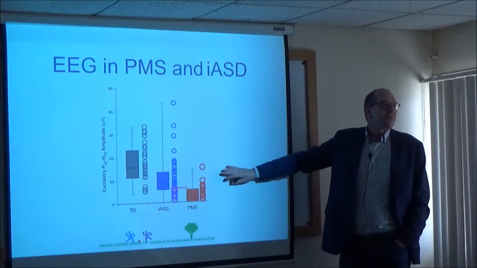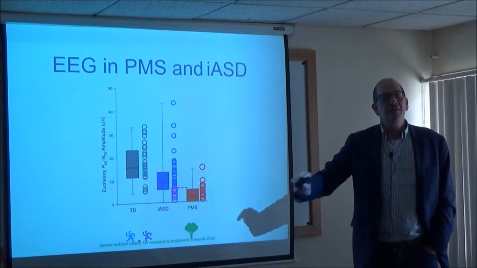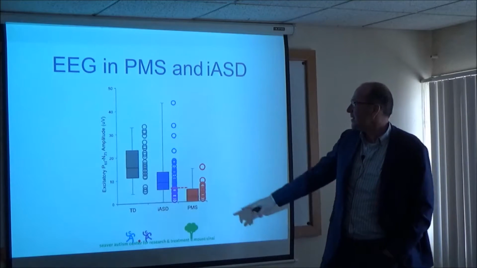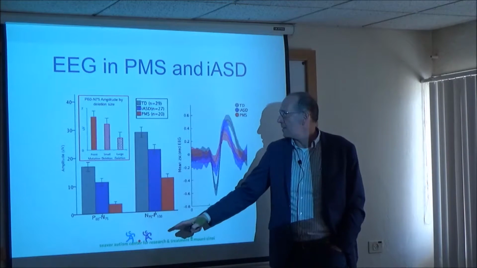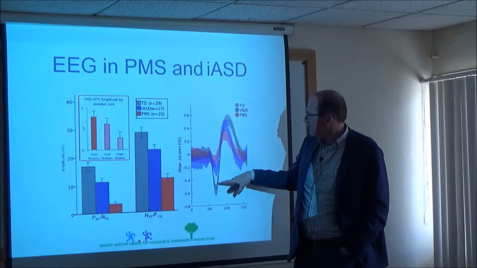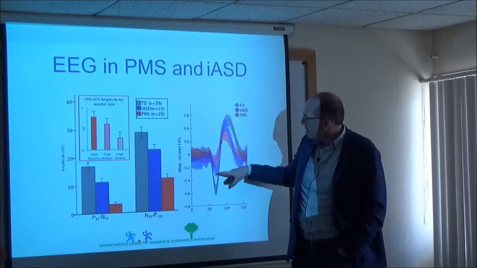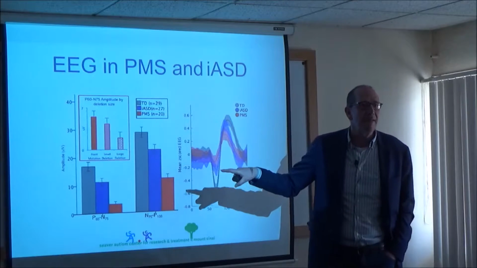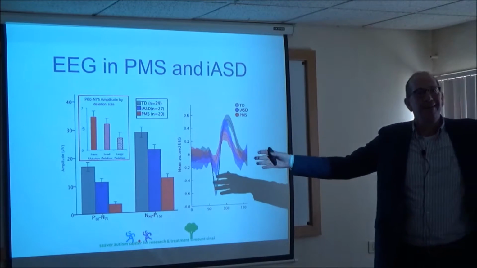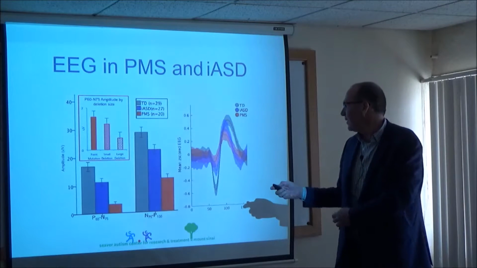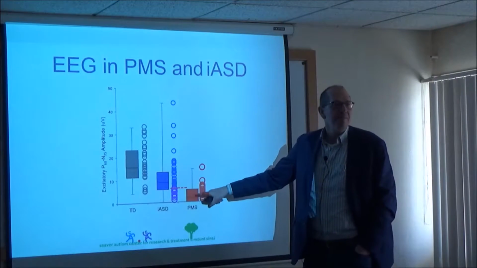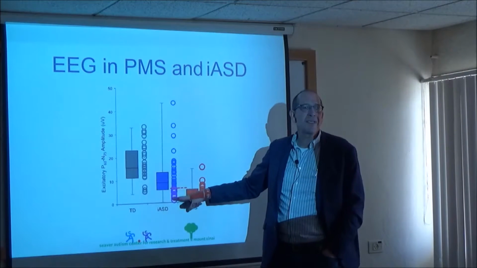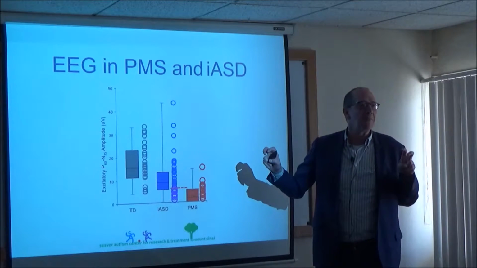But it's also possible that what we learn in PMS may apply to a part of the idiopathic autism world. So this is that same EEG that I showed you earlier, focusing now on this first bit over here. I said this is typical, this is autism and this is PMS, but this is actually quite a broad peak, okay? And some look like this and some look like that. As is always the case in idiopathic autism, the variance is high, and somewhere in there are people who look more to one side or the other. If you look at your PMS values and take a pretty harsh cutoff, you'll see that about 30% of idiopathic autism look like, if you will, PMS.